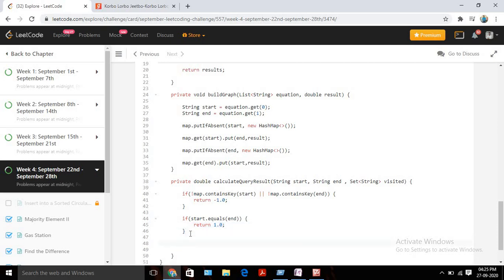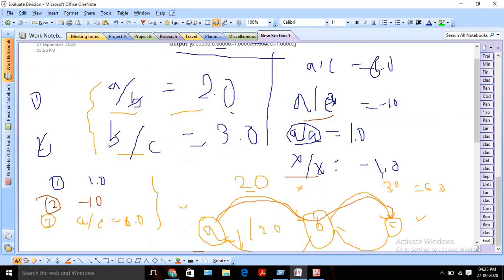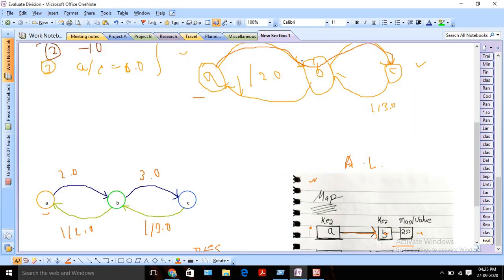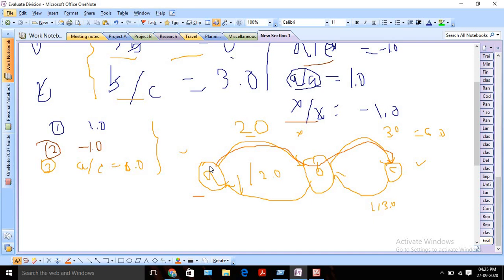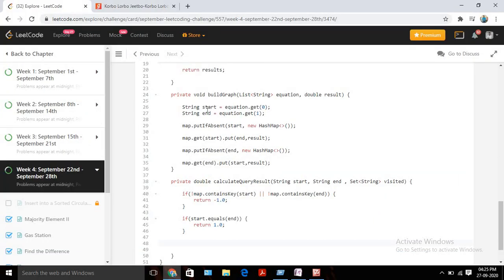Now our third condition, right? The valid scenario where A and C both exist, and it can happen that A is not directly linked to C, so we need to go via B. In that case we need to run the DFS, which we will do right now. But suppose let's consider the direct accepted case first. Suppose both A and B are present, like B by A, this scenario. In that case, we can directly fetch the value and return. So we will write that first, then we will write the logic for DFS.